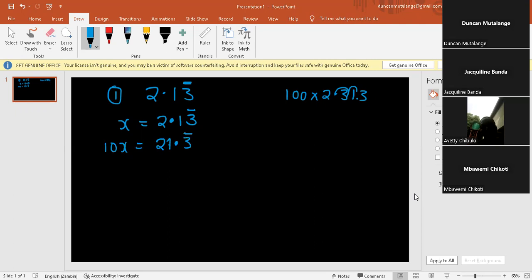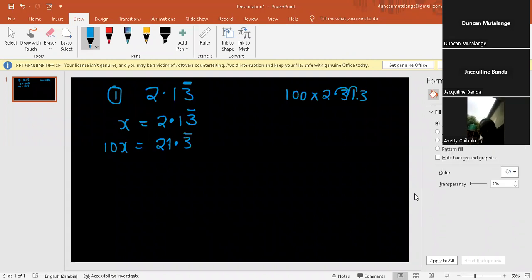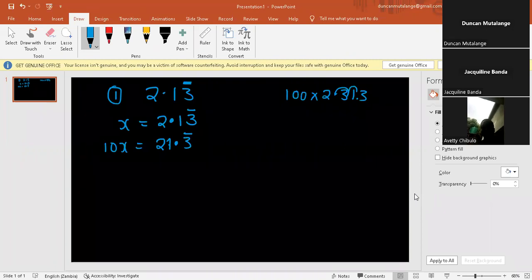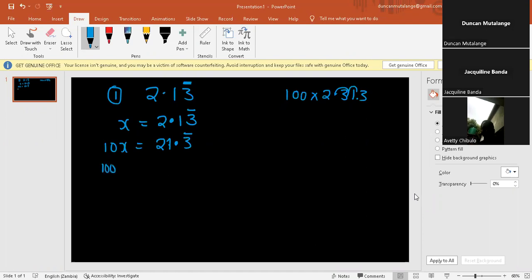Not yet done. What I said now, the last step was to ensure that after this point, we cover this repeating number. So what are we going to have? We need again to move the point up to where we're going to cover this repeating number. So our third step now is we need to cover this repeating number. We need to move the point again, one side. So how are we going to do that? We're going to say 10. So multiply this by another 10, isn't it, for it to move this side? That means we're going to have 10 times 10, which is just going to give us what? 100. So we're going to have 100x is equal to, now we're going to have,